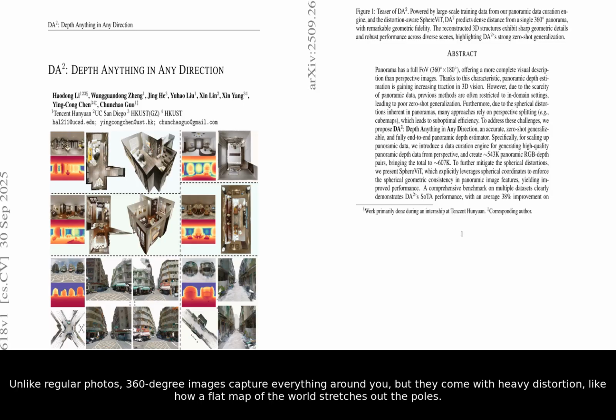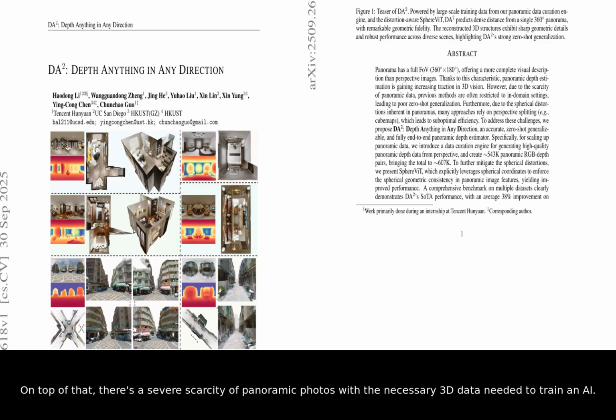Unlike regular photos, 360-degree images capture everything around you, but they come with heavy distortion, like how a flat map of the world stretches out the poles. On top of that, there's a severe scarcity of panoramic photos with the necessary 3D data needed to train an